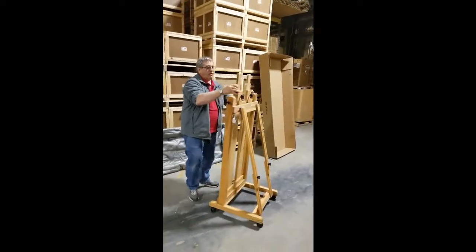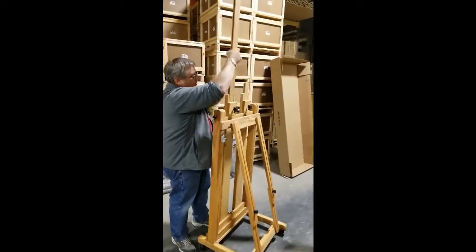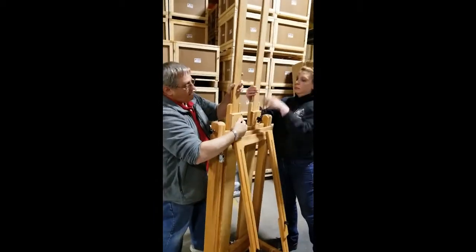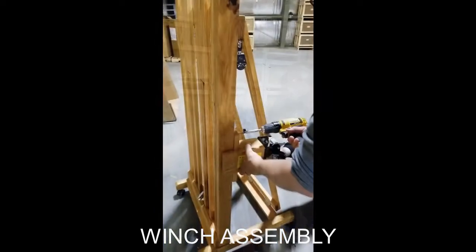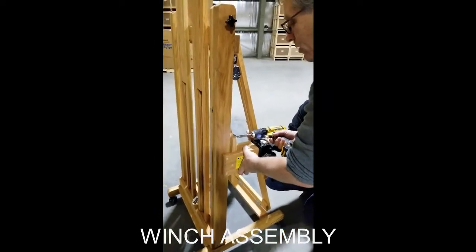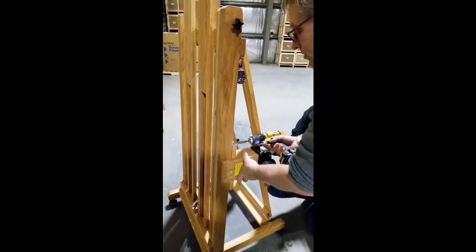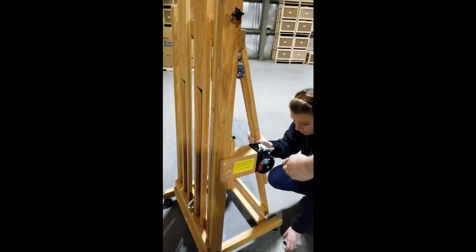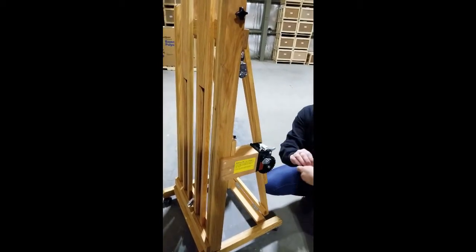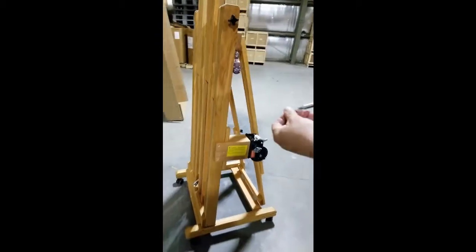To raise these and lock them, again, you'll lift these up and then just tighten the mast in whatever position you'd like. It's a very simple step. Gently with low speed, not a lot of torque, line up the screw. Once you get the first one started, then you can actually get all the other screws in very easily. But it's helpful to start the first screw,